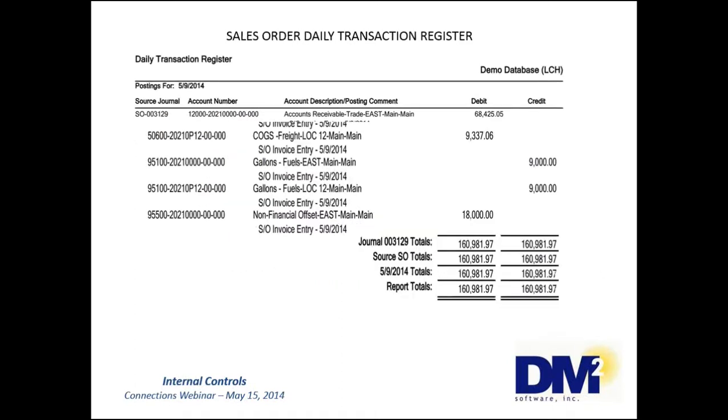The next slide shows our sales order daily transaction register. The sales order DTR is the last report in our unified bill of lading process. This is the same daily transaction register that prints when you update any other sales order batch. The unified bill of lading provides you with ample opportunities to correct problems prior to running your DTRs, which means less credit rebills.